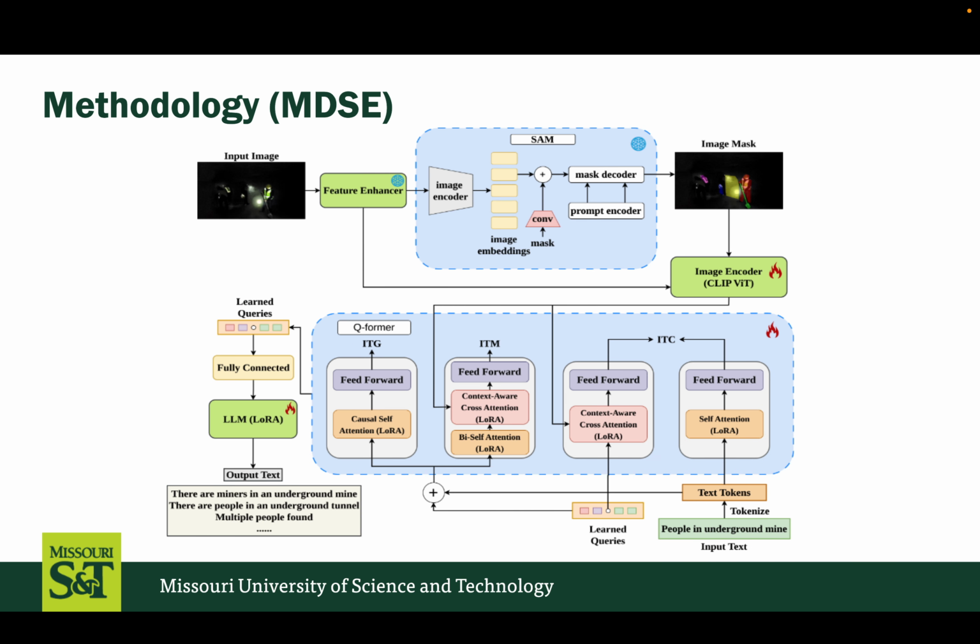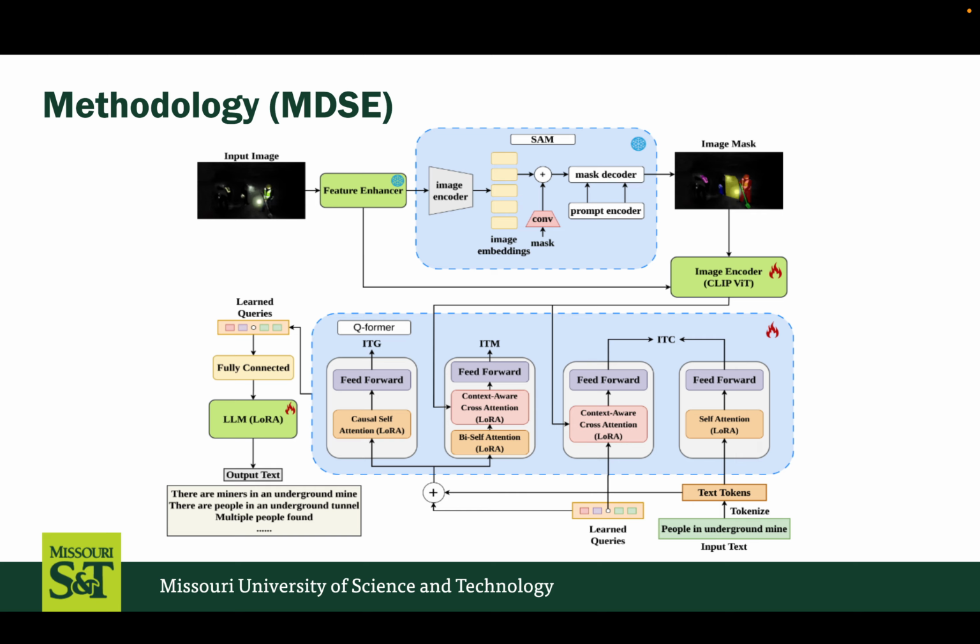Here's how MDSE works end to end. First, we apply feature enhancement to improve low-light and noisy images using standard enhancement operations. We apply a sequential enhancement pipeline which includes multi-exposure fusion, tone mapping, contrast enhancement, white balance correction, and saturation adjustments, so the vision encoder receives clearer structure in low-light and noisy conditions. Next, we use a segmentation model as an offline tool to generate region of interest masks. Even for dark or smoke-obscured scenes, this helps isolate critical objects and regions such as equipment, tunnel walls, hazards, or potential victims. Then comes our dual pathway encoding.